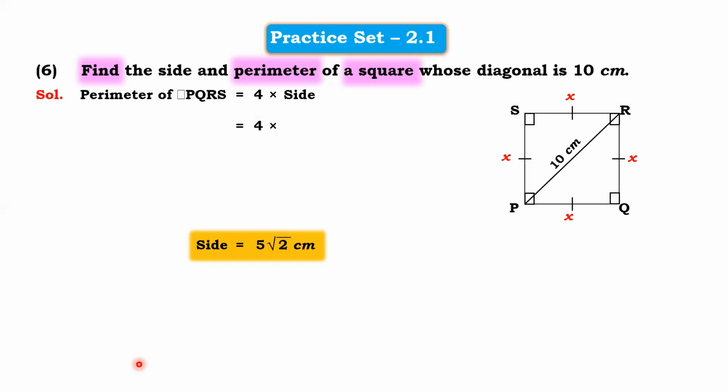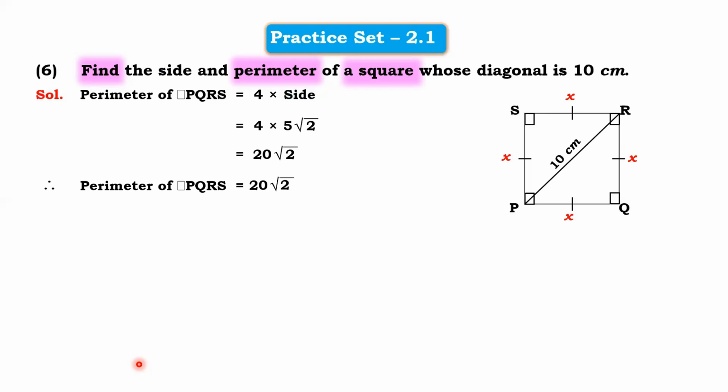We have got the value for side. So 4 into, what is the value for side? Yes, it's clearly seen on the screen. Side is 5 root 2. So 4 into 5 root 2. Now if you multiply 4 into 5, it's 20 root 2. So perimeter of quadrilateral PQRS is 20 root 2 centimeter, we can say. So we have got the answer for the side of a square. We have got the answer for the perimeter of a square. So students, a very simple sum for 2 marks. Is it clear? Or it may also come for 3 marks as well.